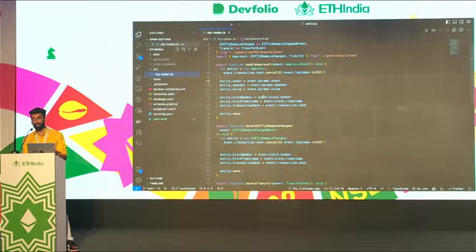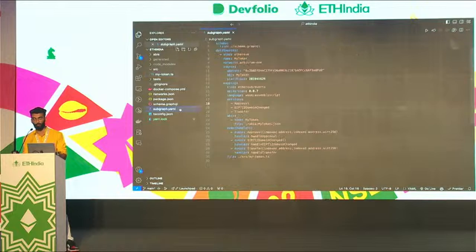Once all these things are already done by codegen, right? But if you want to win, you cannot directly just do graph codegen and win a bounty. You need to write a better subgraph. You need to write a denser subgraph with more data. Okay, we'll go into that next, but for now, I hope you understood.